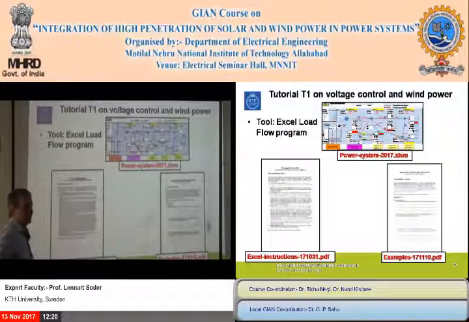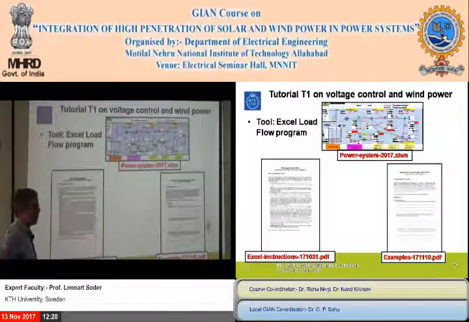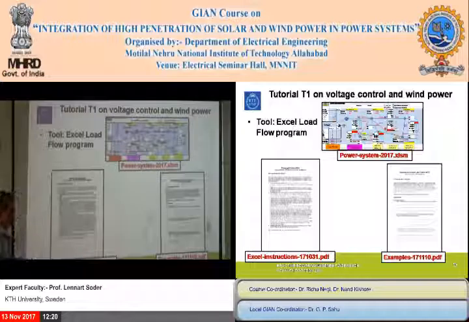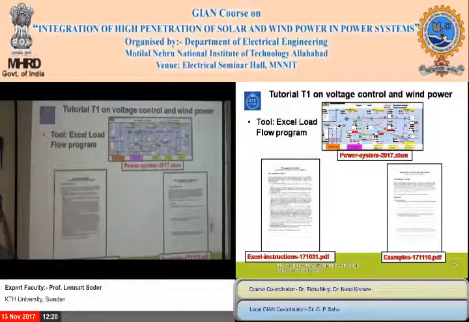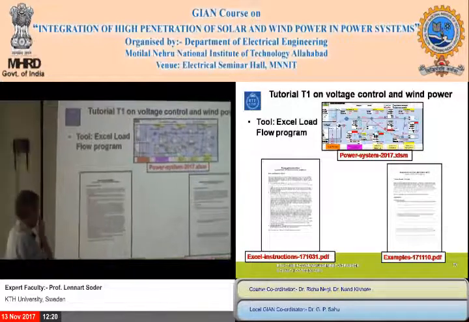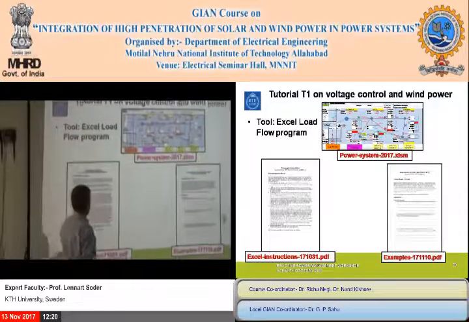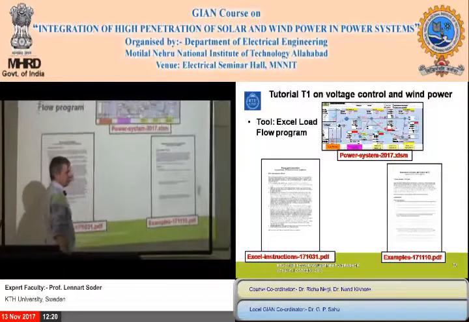It's very cheap. Smart company, give it free to students, and then they ask for an expensive company program when they come out in the industry. But I made it in Excel, so everyone can use it. So it's a load flow program in Excel based on optimization. And then I have an instruction for how to use the program and how to download it, because it's based